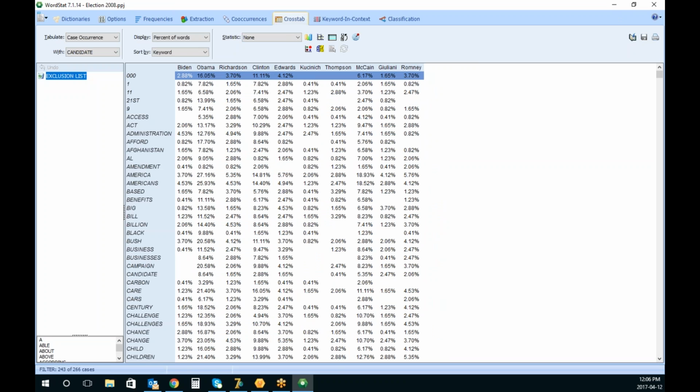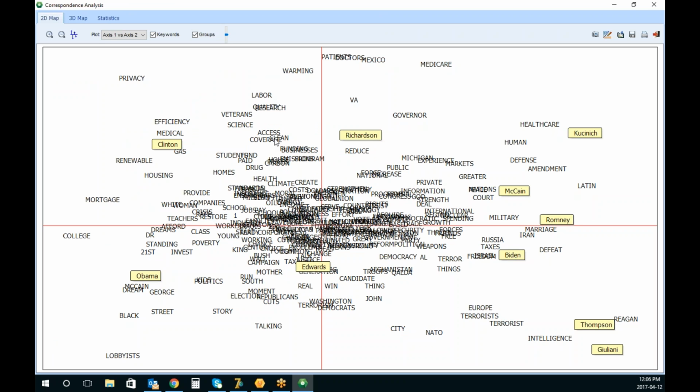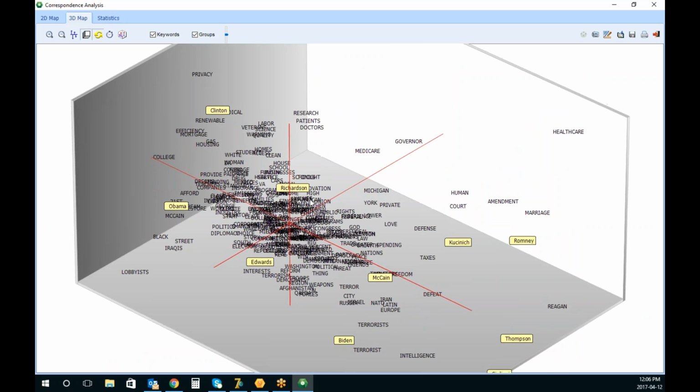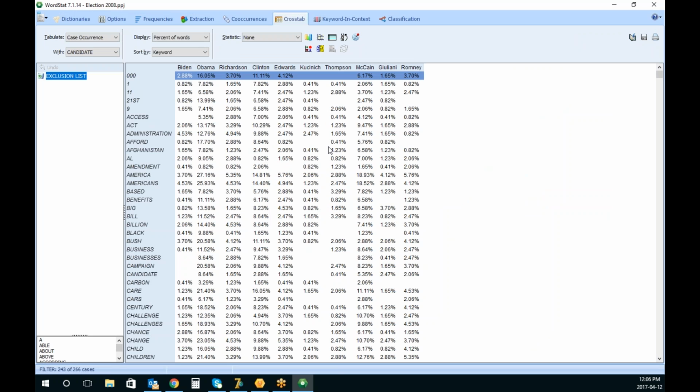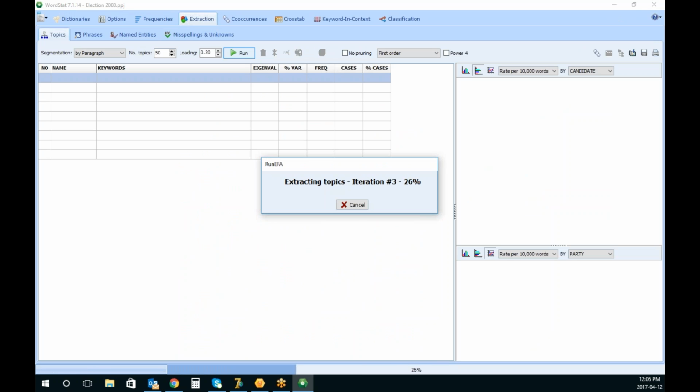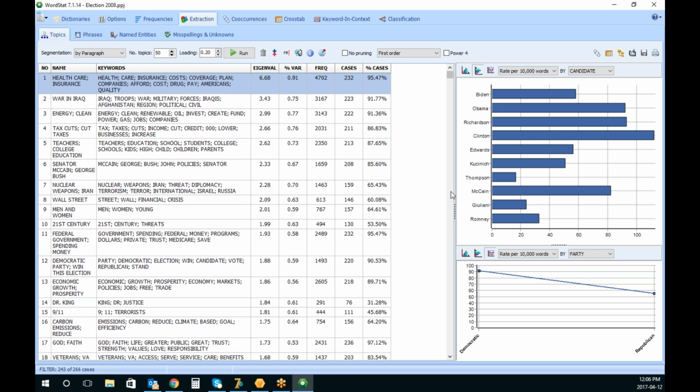I could do some comparison and some analysis. I could apply some dictionaries, and I could do things like correspondence analysis that will show me how the different candidates differ. So Clinton used those topics, Obama talked about those issues, Republicans are usually here, and they talk about those issues, and we have other topics like that. So here the software really allows me to extract information. This is an exploratory text mining approach using words only, and I could do some analysis on that, like the topic modeling that has been introduced in version 7,